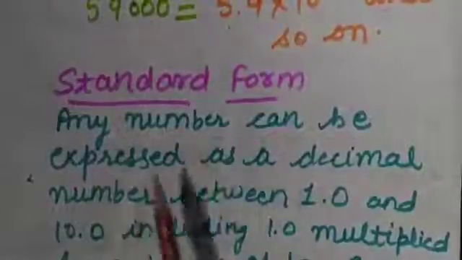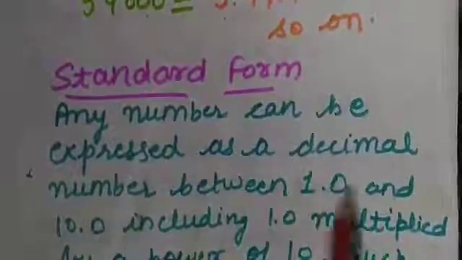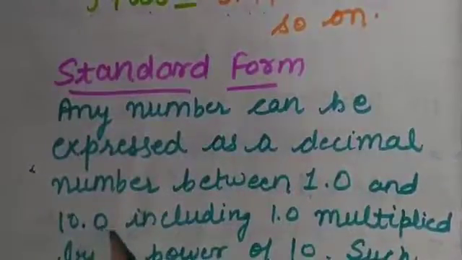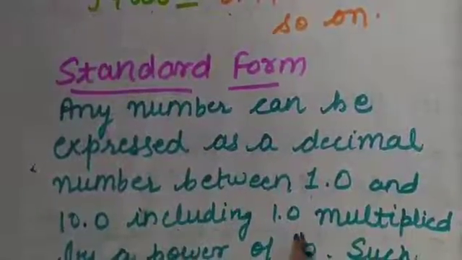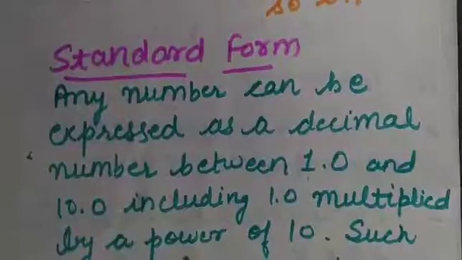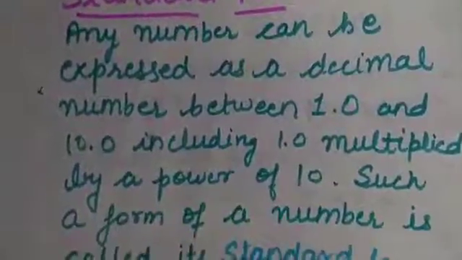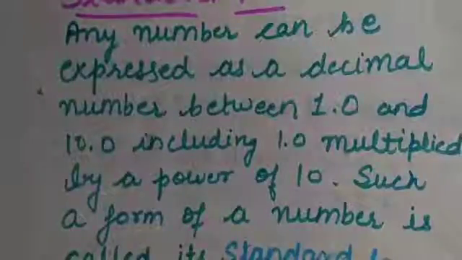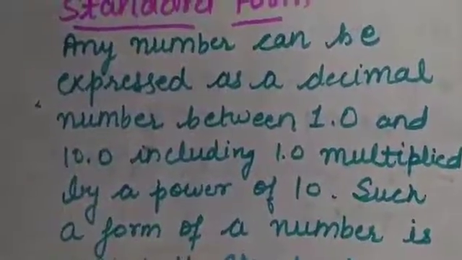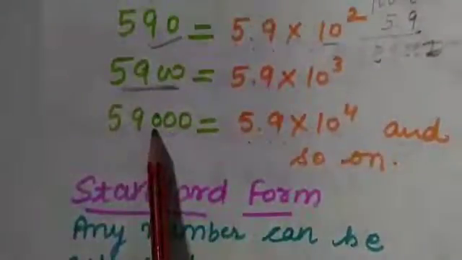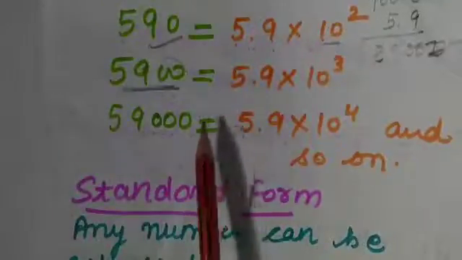So any number can be expressed as a decimal number between 1.0 and 10.0, including 1.0, multiplied by a power of 10. Such a form of number is called a standard form. What this statement is saying is that any number, I have taken the example of these numbers, whenever expressed in